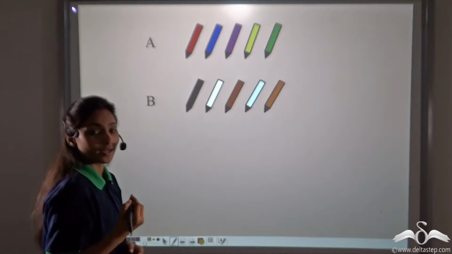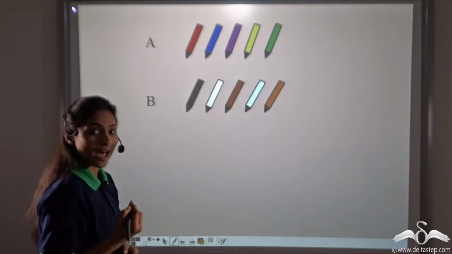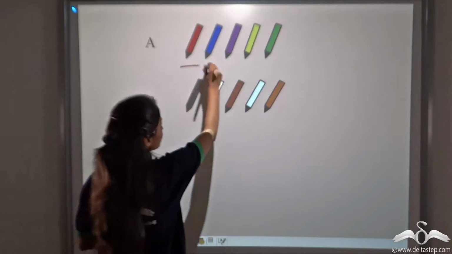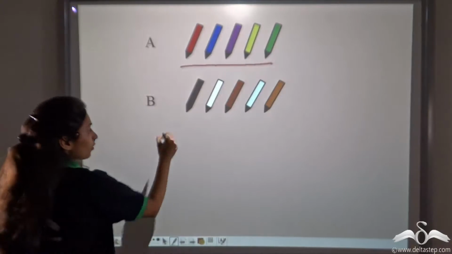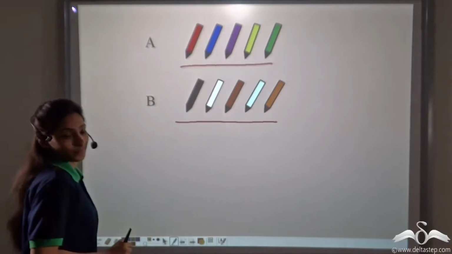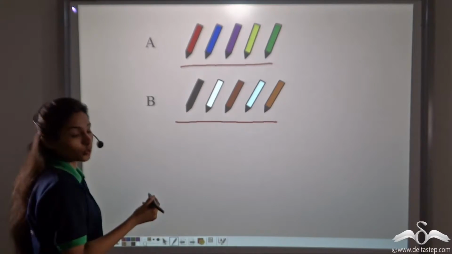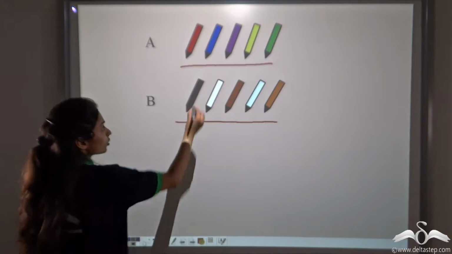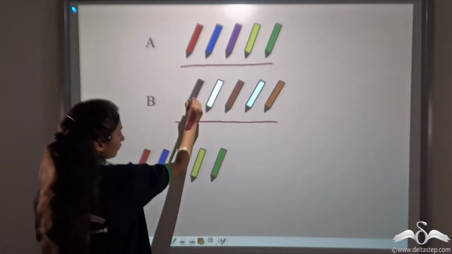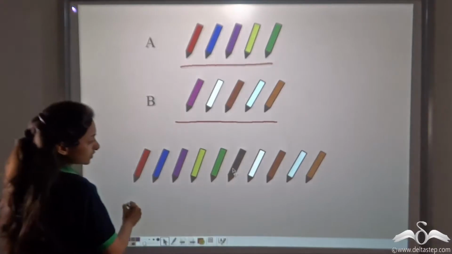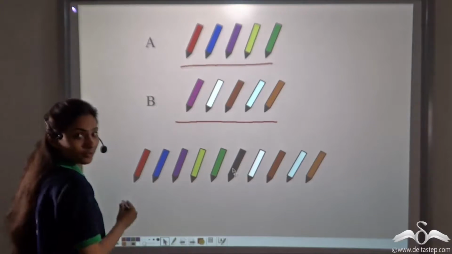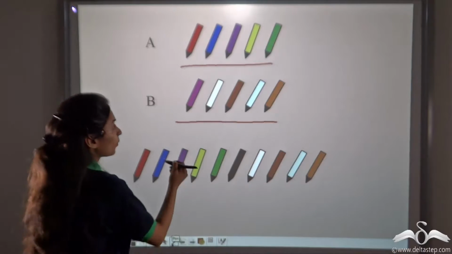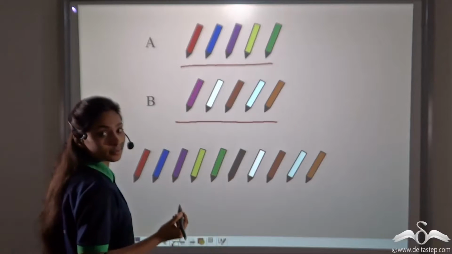Suppose you have taken part in a drawing competition with your friend as a team. So on the day of the competition, you brought this set of pens and your friend brought this set of pens. If you bring these together, you will see you have so many colors of pens now to use in your drawing. What will you do? You make a new set out of the pens you have. So now you can see you have these many colors of pens. So in sets, putting things together like this is termed as union.